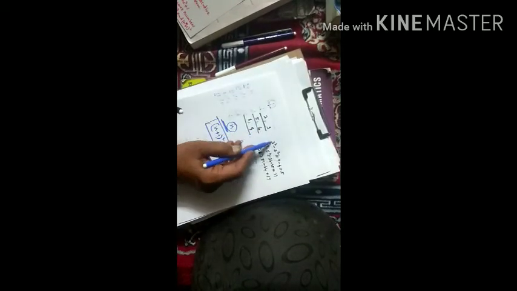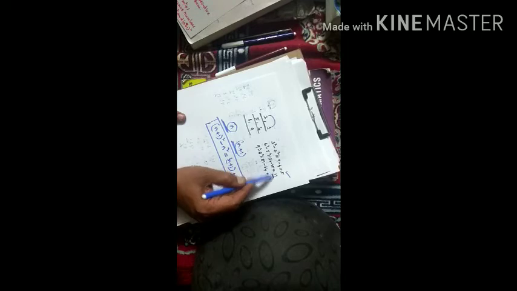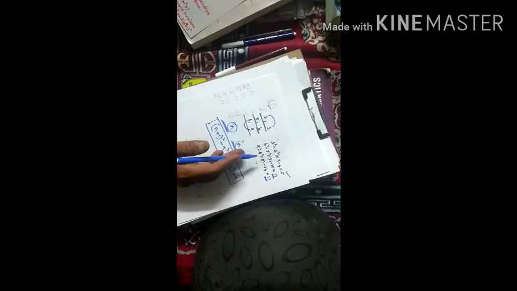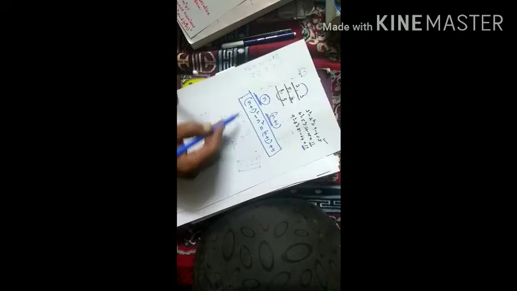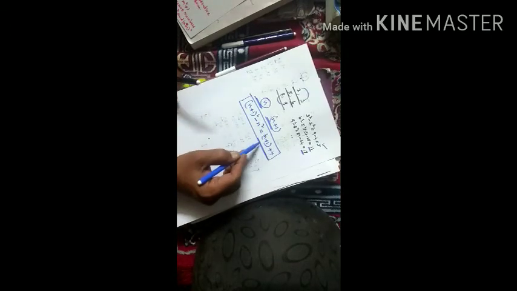You see, Nana, 3 square minus 2 square is equal to 9 minus 4, 5. 2 plus 3 is equal to 5. Next, 6 square minus 5 square is equal to 11. Again, 5 plus 6 is equal to 11. In the same way, 9 square minus 8 square, you are getting 17. Then 8 plus 9 is equal to 17. So n plus 1 whole square minus n square is equal to the sum of two consecutive numbers.